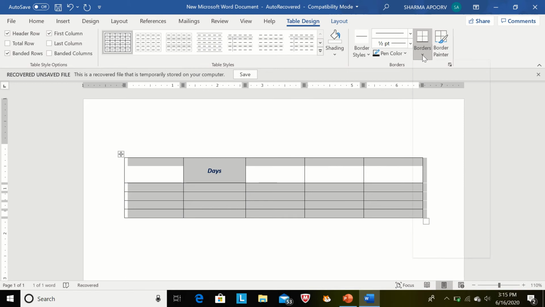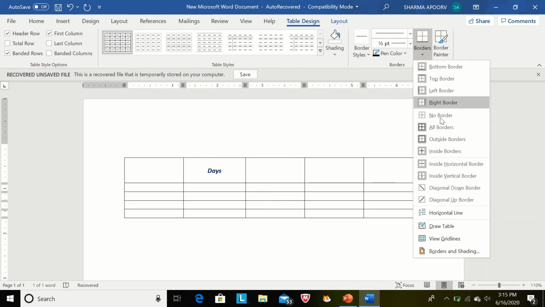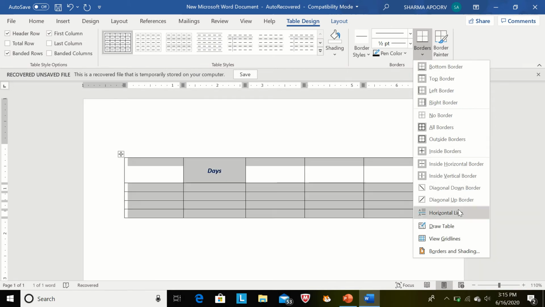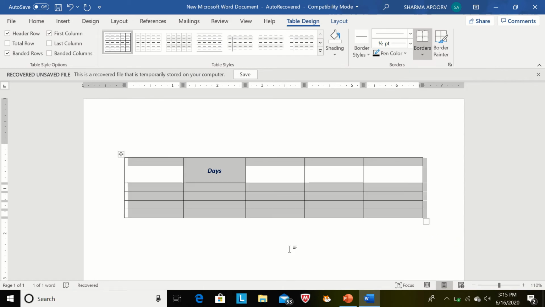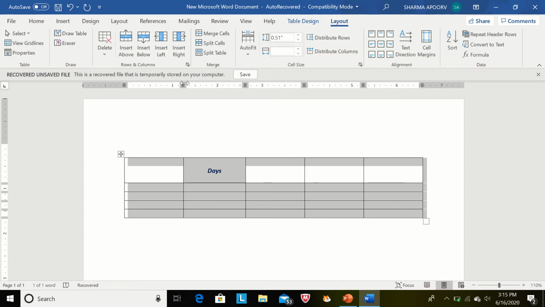Now border. We can use these types of border in our table. So now table design, table layout. Table layout. These options are the same which we have used.